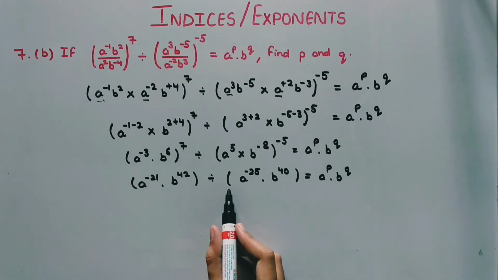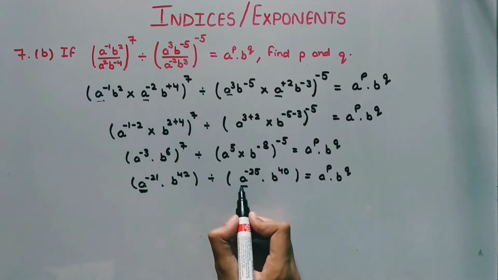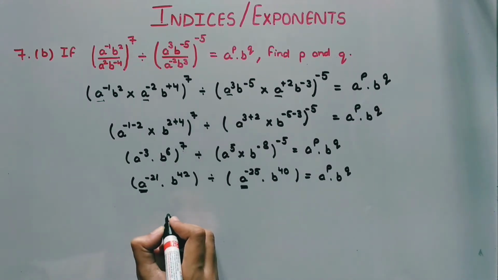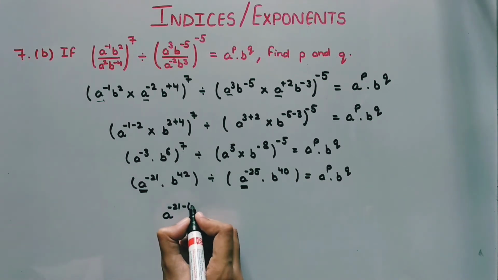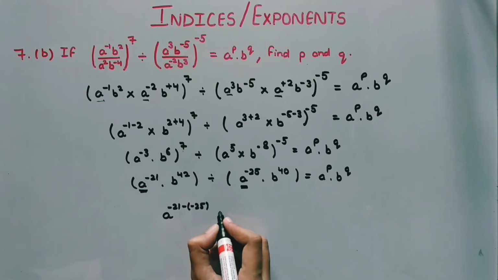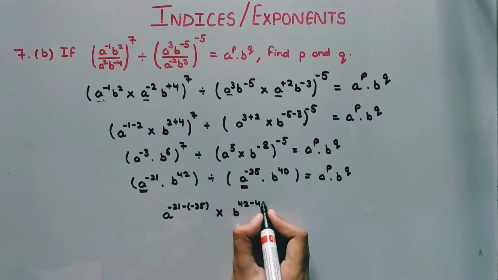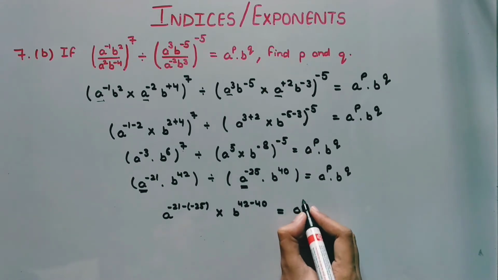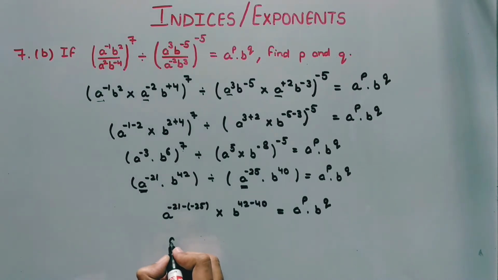Now both these terms are in division, hence similar coefficients' powers will be subtracted. a raised to power minus 21 minus minus 25 multiplied by b raised to power 42 minus 40 is equal to a raised to power p, b raised to power q. Here a raised to power minus 21 plus 25